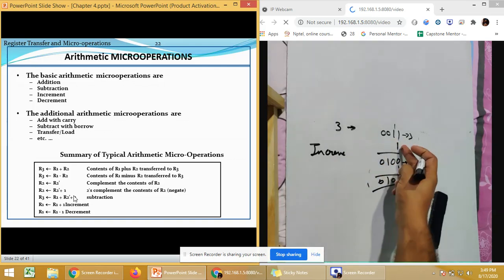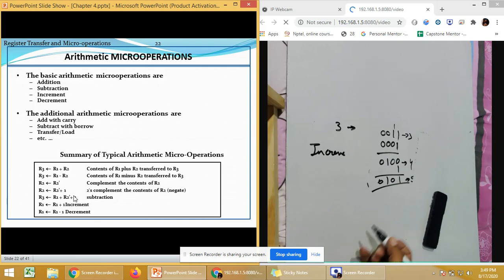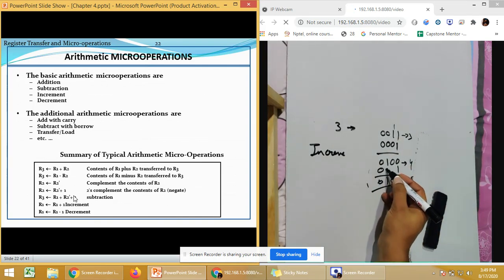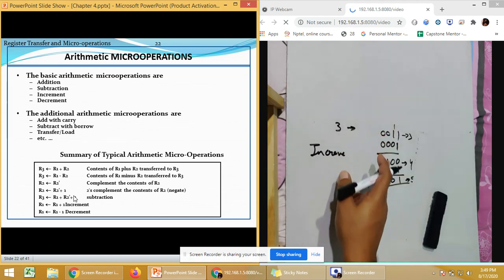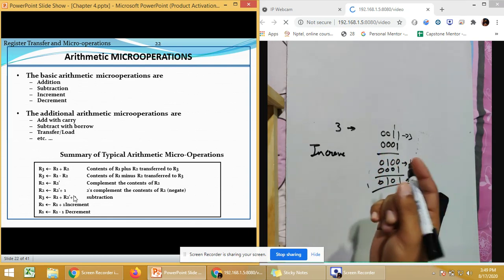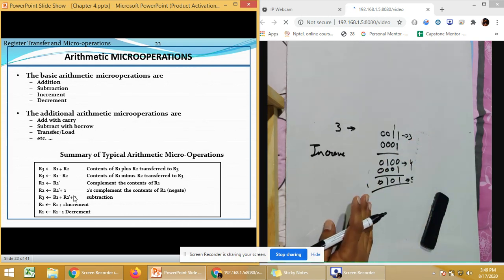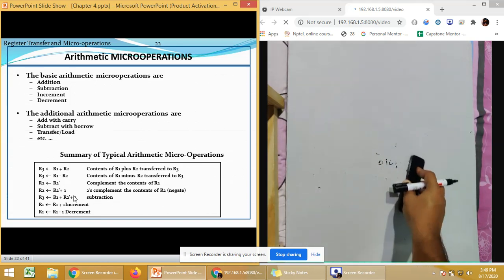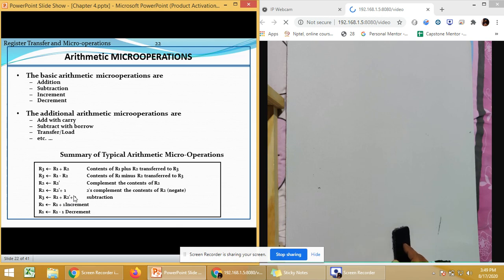So if this answer is this, even if I add 000 like this and then add, still my answer is going to remain the same. Okay, my answer will be the same whatsoever answer I was having. Now, while performing the increment, we don't write these values. It is up to you. If you want, you can; if you don't want, it is up to you. But when we are performing the decrement, then it is very important to have these zeros added.